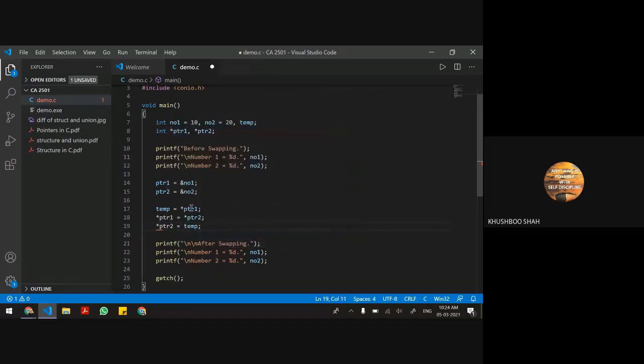Okay. See, we have just changed the name of the variables. Instead of the normal variable, we have used the pointer variable. Otherwise, everything is same, like the last printf statement after swapping. Kandar, save and run. Ma'am, in printf, we should change. No, we don't need to change. Why do we need to change?